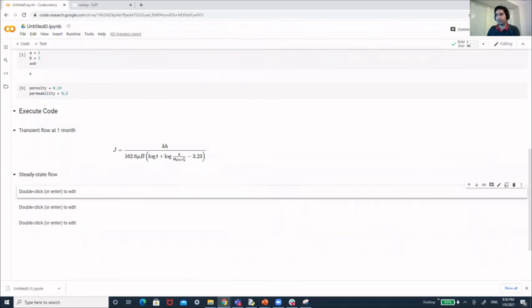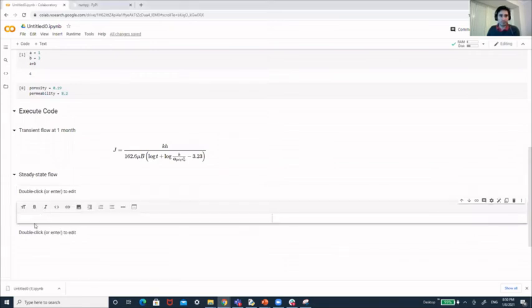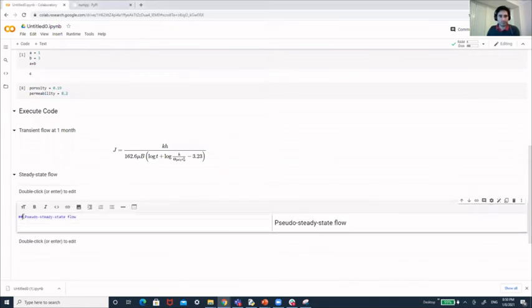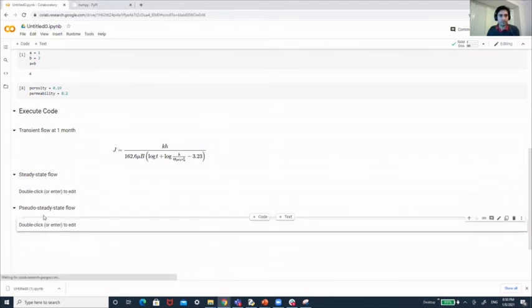And the third one is pseudo steady state flow. And I'm going to put the equations there.